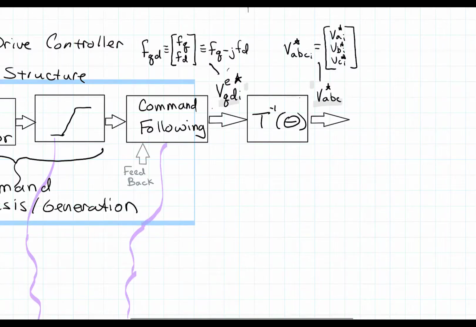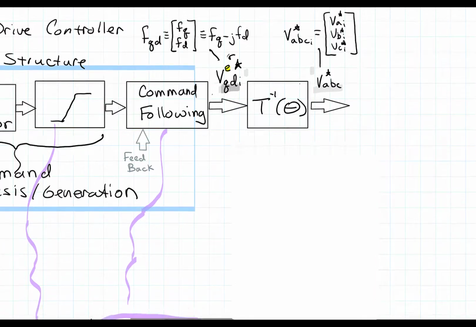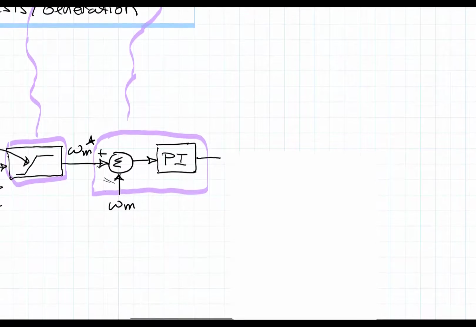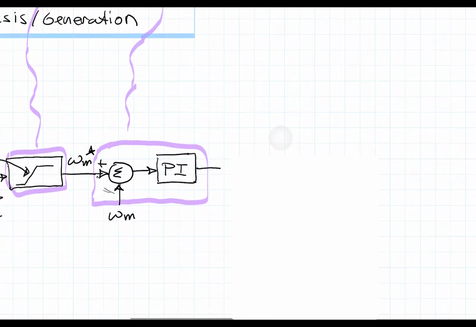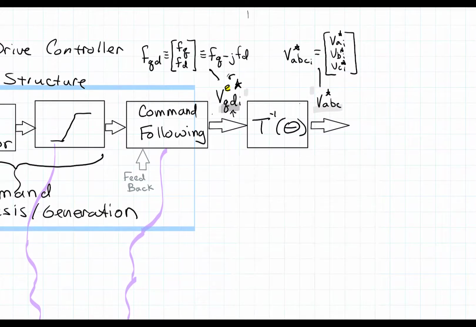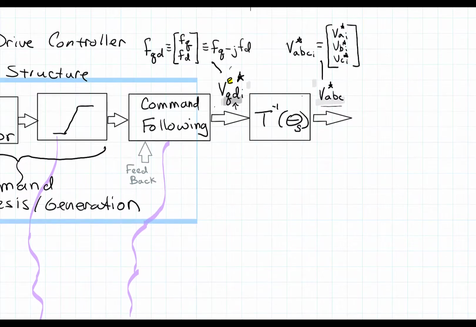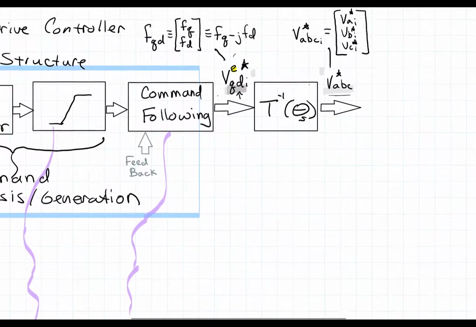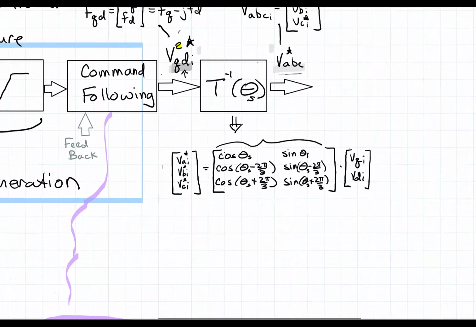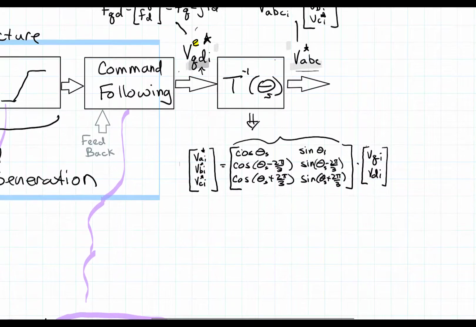And so what we're doing here is we're taking something that would be in the synchronous reference frame. If we're using the PI regulation, then we want to have quantities that are going to be DC in the steady state. We're converting these effectively steady state DC values to three-phase AC. The angle then would be the synchronous reference frame angle, because that's what we want to apply to the stator of the machine. So we know that this inverse transformation matrix is, and this is a generalized expression,